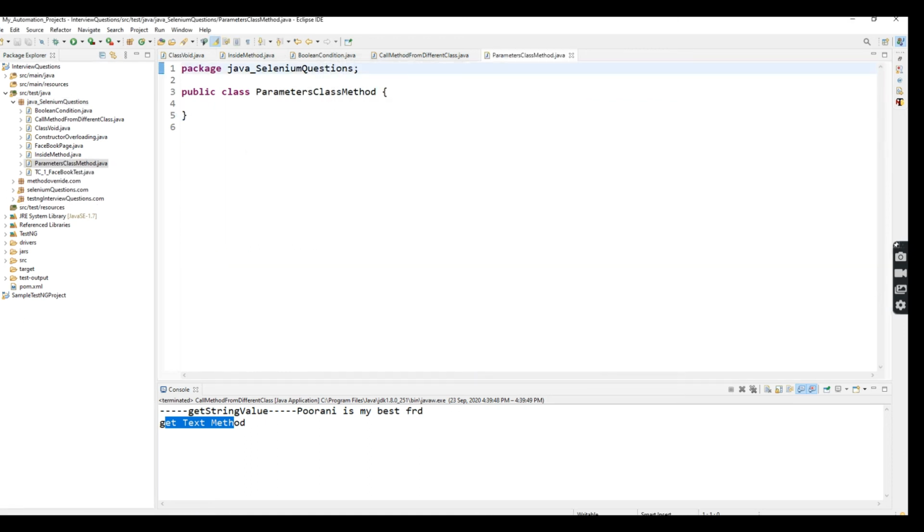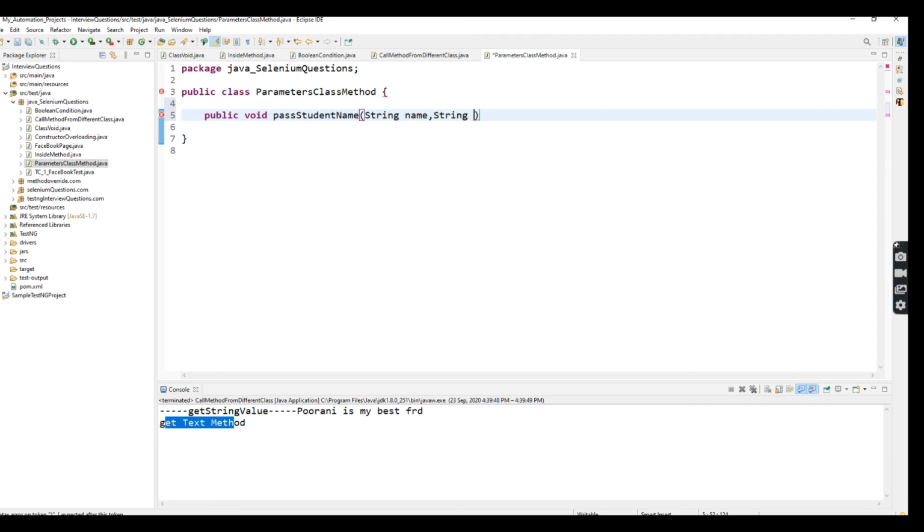So here what I'm going to do is create a method with parameters, public void pass student name. So this is my method name. Here I'm going to take string name and string age.